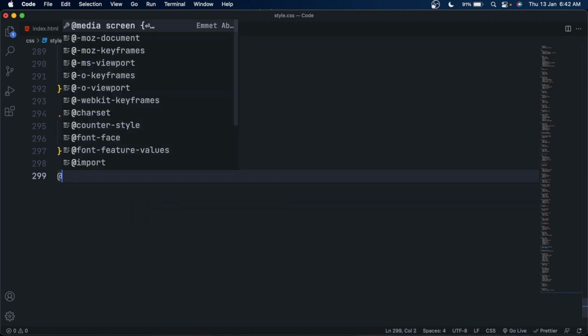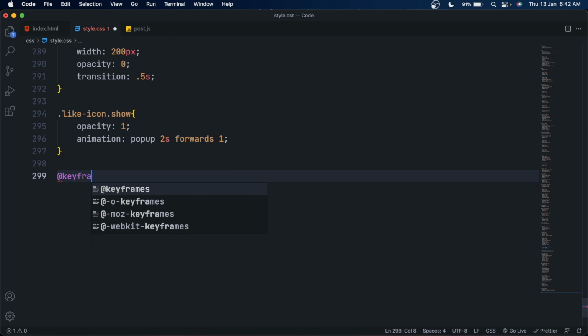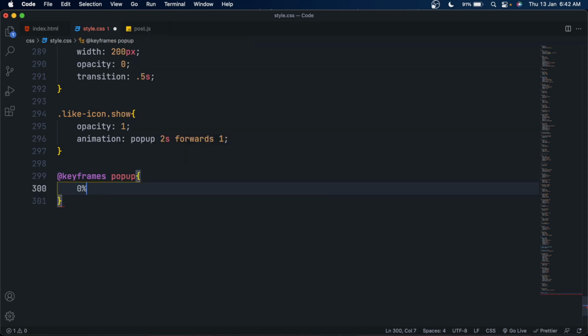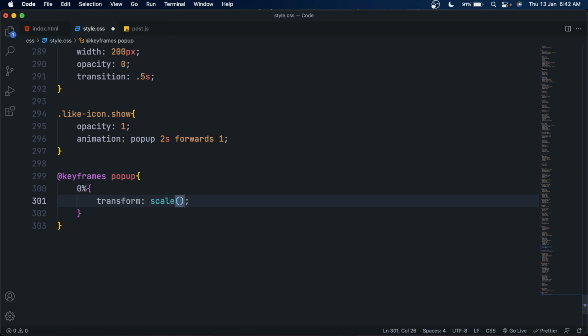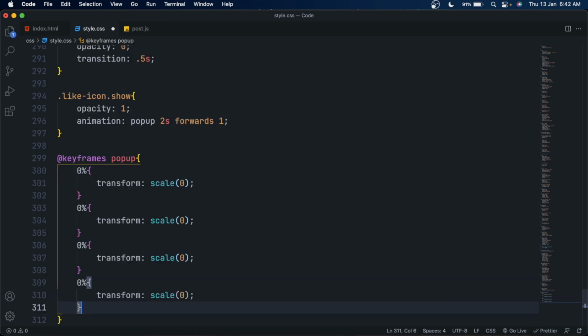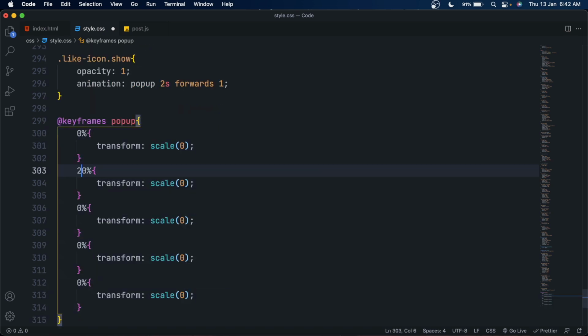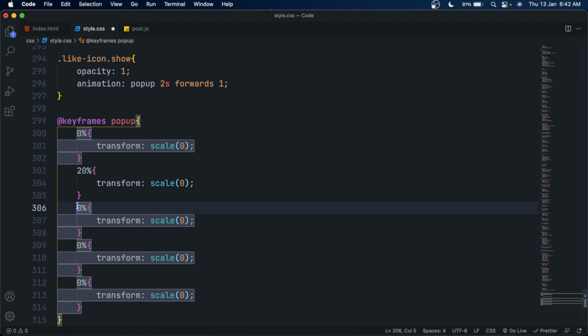After done with it, use at the rate keyframes to make the animation. So now let's make the pop-up animation, and we just change the transform scale property here. So there is nothing you can't understand, so just simply code this animation. But if you have any doubt how this animation works, you can ask me in the comments.